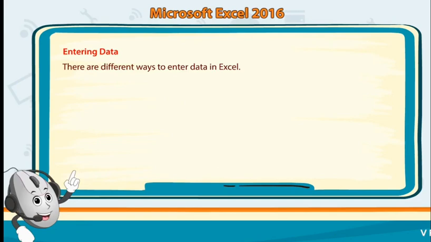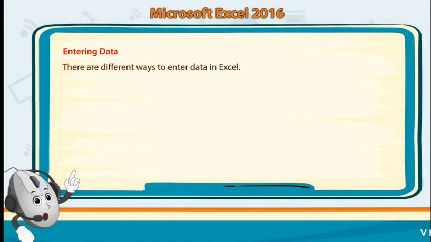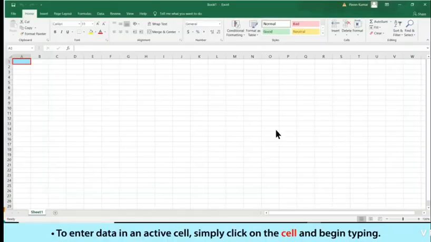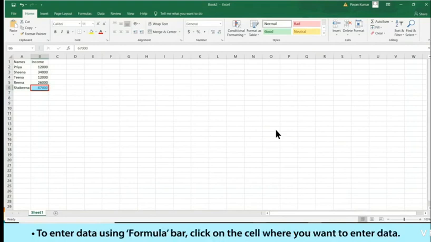Okay, second thing is entering data. If you want to enter the data in the worksheet, how will we enter this? There are different ways to enter the data in Excel. To enter the data in the active cell, you just click on it and type from the keyboard. And when you type from the keyboard, the data in the active cell will be shown on the